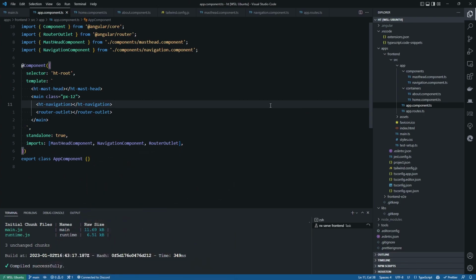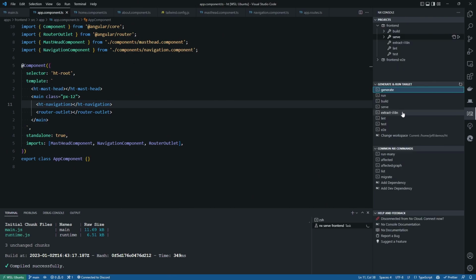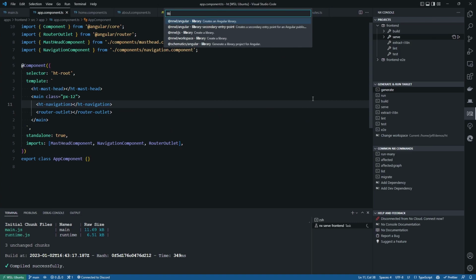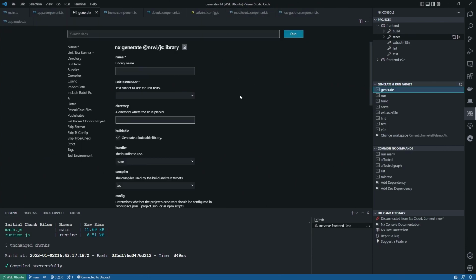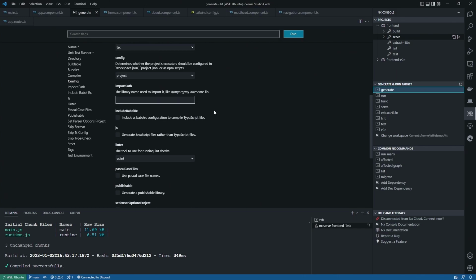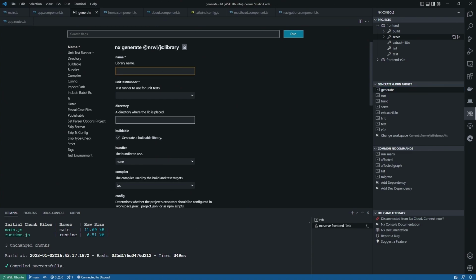So back in our application here, I'm going to use the NX tools this time to generate something, and I'm going to do a library. So as I said, there's a generator for an Angular library. Here I'm just going to do a JS library. It's a little misleading because you actually have to tell it that you want to use JS, otherwise it uses TypeScript, and of course we do want to use TypeScript. I'm going to give this library a name, maybe we'll give it the clever name of some feature, and then